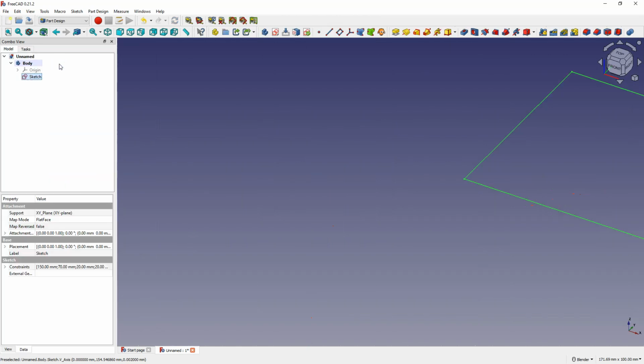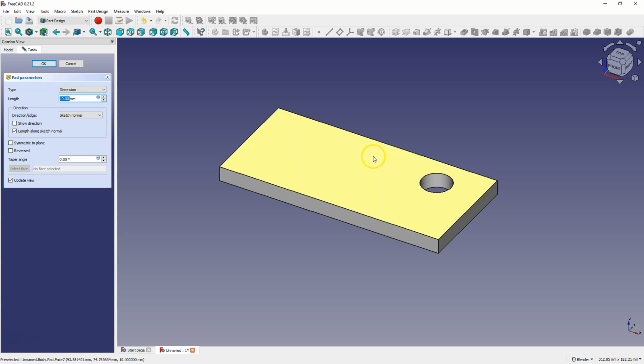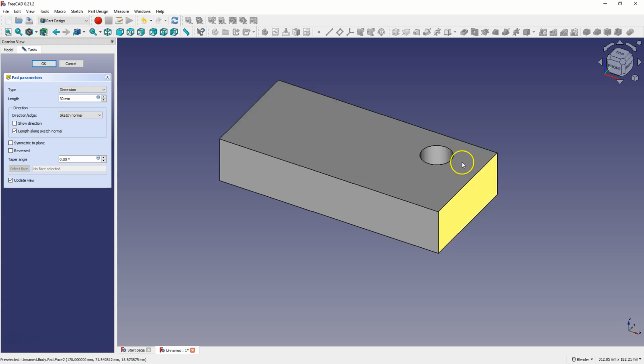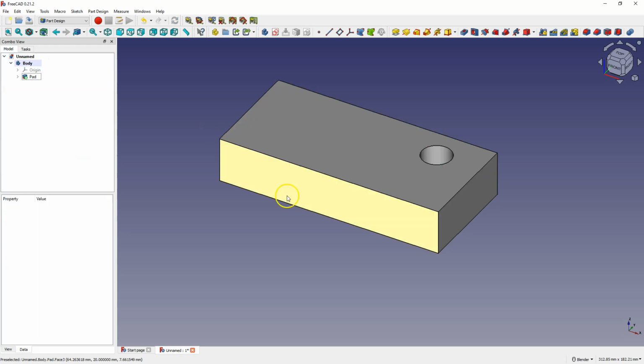Close the sketch, and now based on this sketch we will add a solid by extruding the sketch. Sketch extrusion is a basic operation for creating 3D solids in FreeCAD, and it simply works in such a way that based on the sketch we simply pull that sketch up and specify the height of the solid. And in FreeCAD it's the Pad command. Select this command. Here, as you can see in the preview, we already have a solid with a height of 10 millimeters. Here type 30 millimeters and left click outside this box, and in the preview we can already see what this solid will look like. Click OK to approve,